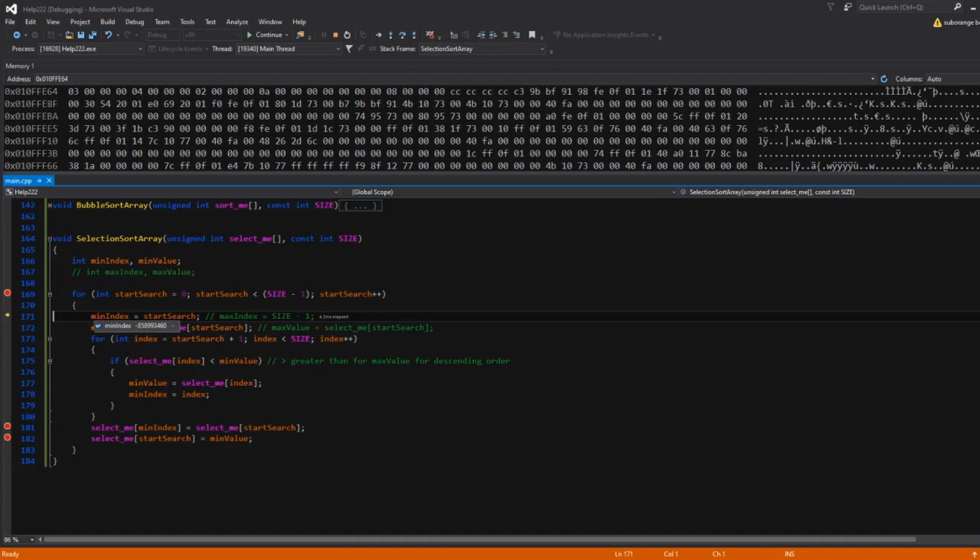And so what we're doing here is now starting our search part. So we're going to set our index to that start search, and we're going to set our minimum value and check to see is our number at the first element, which we happen to have 3, is that our minimum value. So we're taking this 3 and we're going to be comparing it basically to all these rest of the values. And as 3 becomes the minimum value, well,